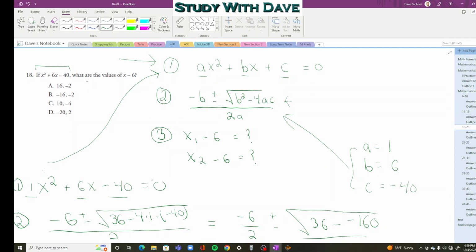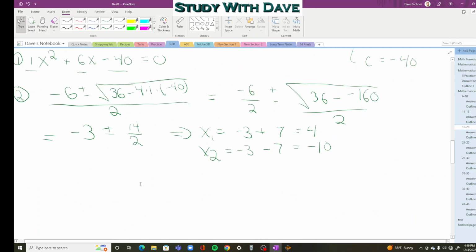Now, we're not done yet, because remember, this problem is asking us, what are the values? They're not asking us for x1 and x2. They're asking us for the values of x1 minus 6 and x2 minus 6. So we're getting a little sloppy here. Sorry about that. But let's go ahead and say x1 minus 6